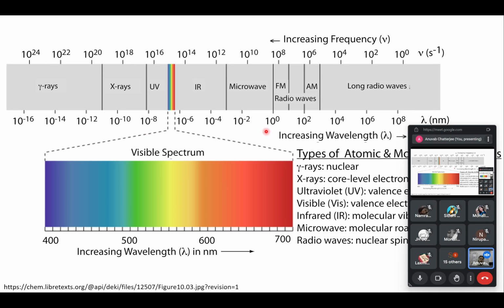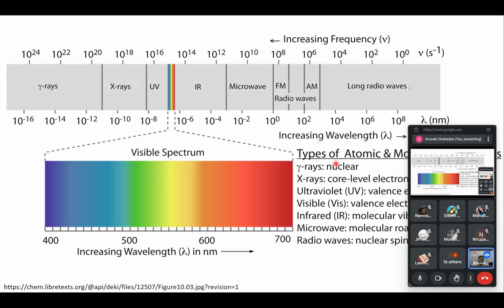The wavelength of the light rays increases and the frequency increases from right to left. This follows that UV light will obviously have a higher frequency and a lower wavelength compared to visible light, as you can see right here. Visible light has a lower frequency and a higher wavelength, which tells us that according to the previous equations, visible light should have a lower energy than UV light because its frequency is lower.